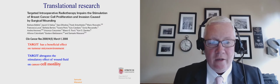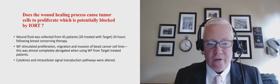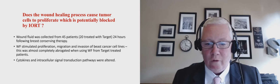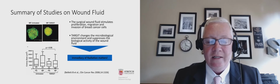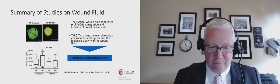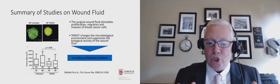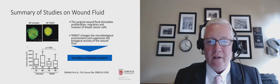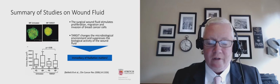This is an interesting study where they took 45 patients, 20 treated with this intraoperative technique, and they just collected the fluid from the lumpectomy bed for those 24 hours and then tried to grow breast cancer cells. And the cells that were treated with TARGIT did not grow, but the cells that weren't treated with TARGIT grew just fine, suggesting that not only might we be killing cancer cells by treating at the time of surgery, we're really changing the milieu and causing a difference in the body that makes the ability for cancer cells